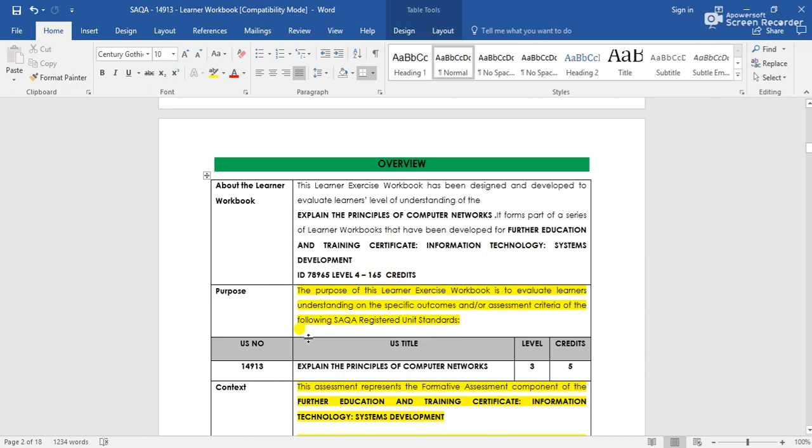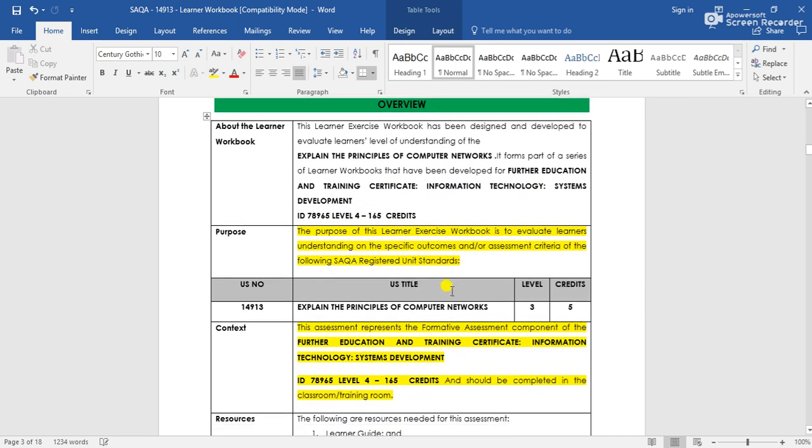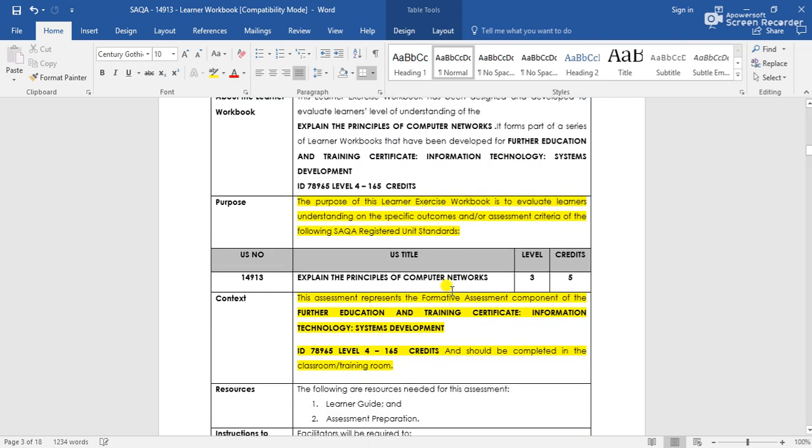The purpose of this learner exercise workbook is to evaluate learners' understanding of the specific outcomes and assessment criteria of the following SAQA registered unit standard. The unit standard number is 14913, and the unit standard title is explain the principles of computer networks. It's level 3 and it has 5 credits. So the contents,